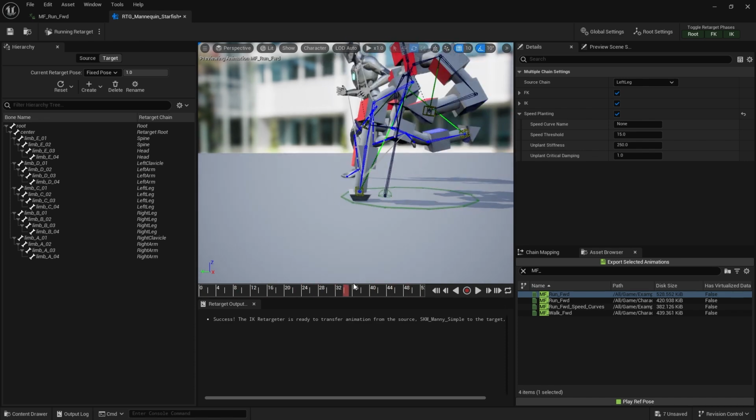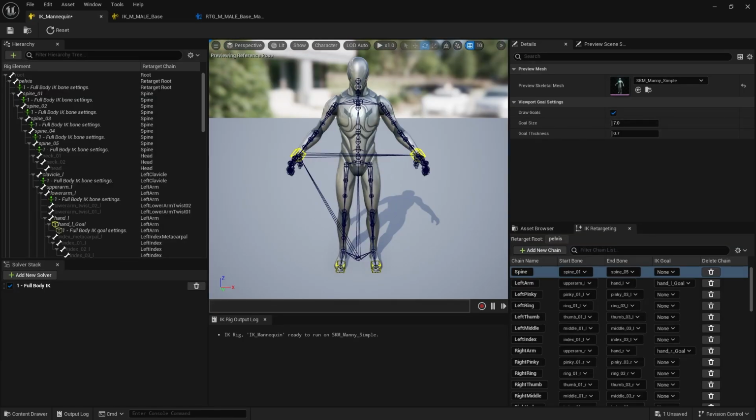Now let's dive in. IK rigs and IK retargeters are shareable across similar skeleton hierarchies. So here I am in Unreal Engine 5, in my IK rig editor, and I have my IK mannequin open. This feature that I'm showing will also work not only in Unreal Engine, but also UEFN. So if you have any of the template IK rigs, including the IKFM mannequin, and there is a skeleton mesh that is similar to the FM mannequin hierarchy,